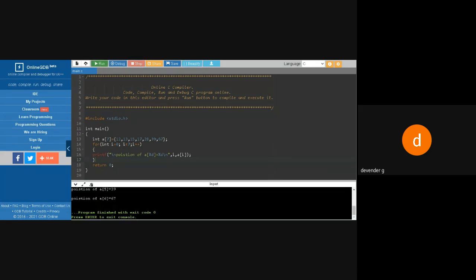Now you can see each and every item is coming on the screen in this fashion. See, A is equal to 1, what is the first position? 13. If you see A of 0, it is 12, A of 1 is equal to 13. Whatever I showed diagrammatically, theoretically with boxes, in the same fashion I am getting the output. The position of A0 is 12, A1 is 13, A2 is 12. Like that, we are getting the output.